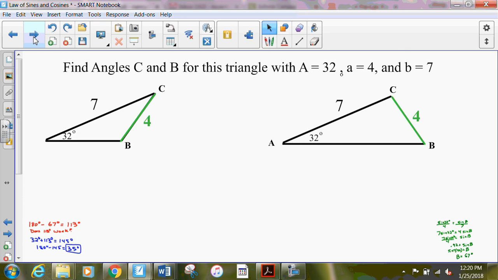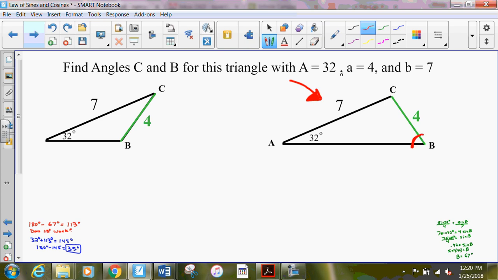So let's go ahead and look at this first triangle, because when we're starting to solve a triangle that has angle-side-side, we're always going to be finding angle B as an acute angle. If that didn't make sense to you, don't worry. It will in just a little bit. So I'm going to look at this, and I notice that I'm given angle A and side A. So that's how I'm going to start